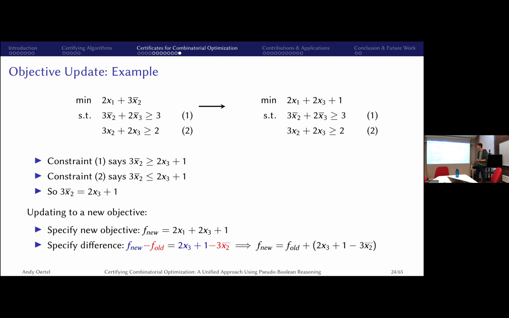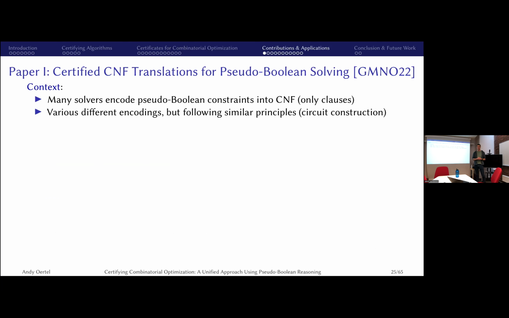So this is basically all there is to know about how we manipulate constraints and optimization problems, how the proof system works, how we can prove unsatisfiability, we can prove lower bounds, and we can prove problem equivalences. So with that, we can get to the contributions of mine that will be included in my PhD thesis. The first paper that will be included is about translations from pseudo-Boolean constraints to CNF,